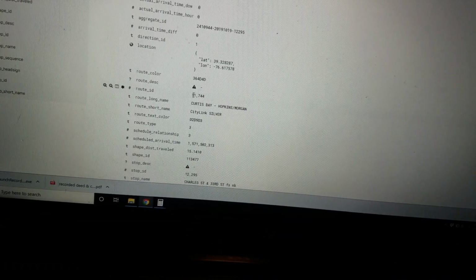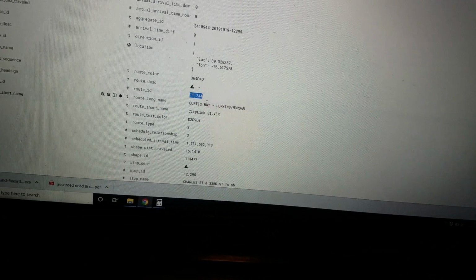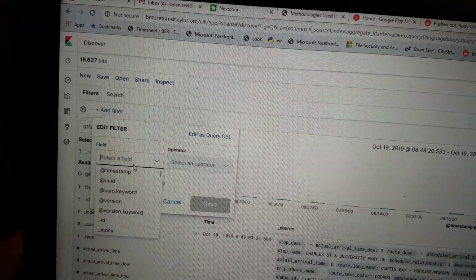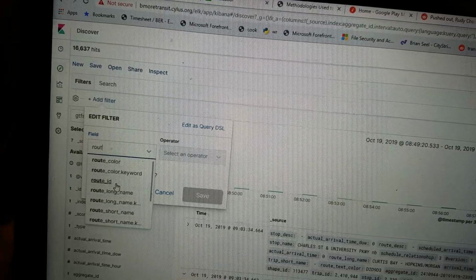But I'm going to take this number, if I can select it, and I'm going to do add filter, and I'm going to do route ID, and then I can do is not, is one of. So if I want to search multiple Silver Line routes, I can do is one of,